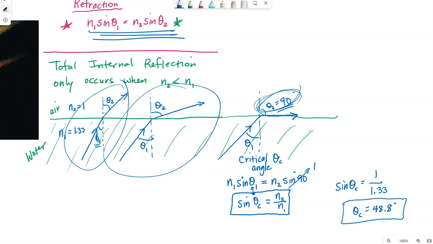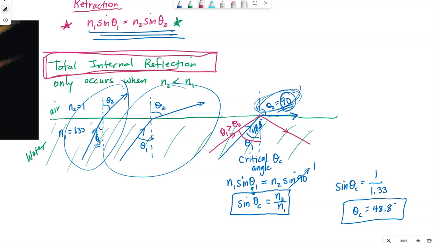What this tells me is if my incoming angle in my picture is 48.8 degrees, then refraction occurs at exactly 90. And so really it will just look like reflection. If theta 1 is at all bigger than theta critical, it's as if that surface were a perfect mirror. And this is why we call it total internal reflection, because it just reflects completely